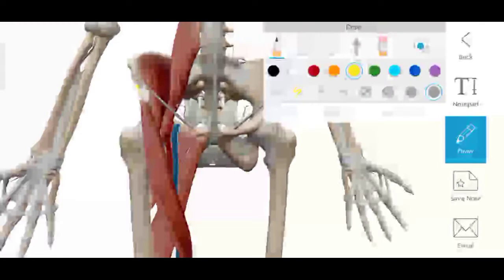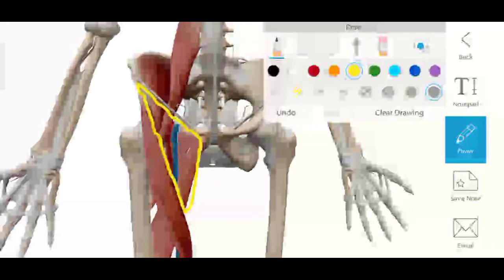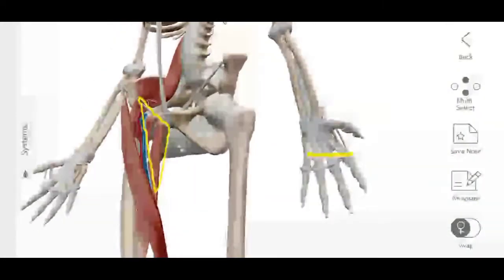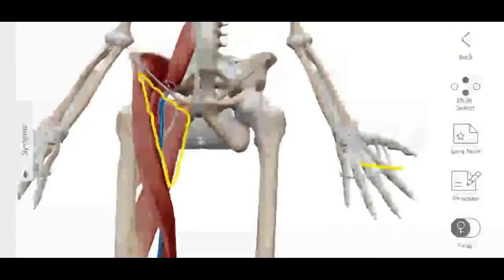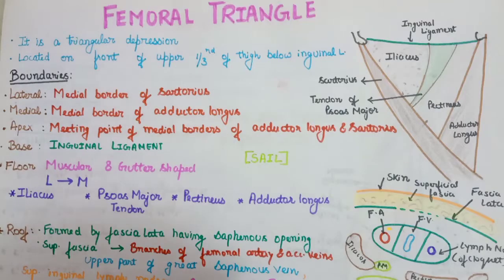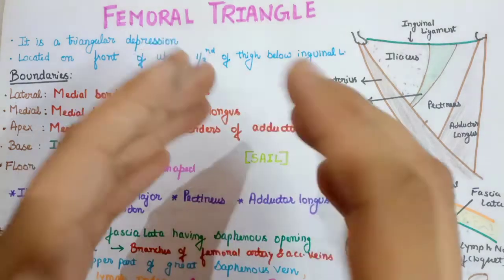Now we'll trace out the triangle. Its lateral border is formed by the medial border of the Sartorius, its medial border is formed by the medial border of the Adductor Longus, and the base is formed by the lower surface of the inguinal ligament. The apex we will study in detail. So this is just an orientation to the approach of the femoral triangle. I will request you to draw the triangle along with me